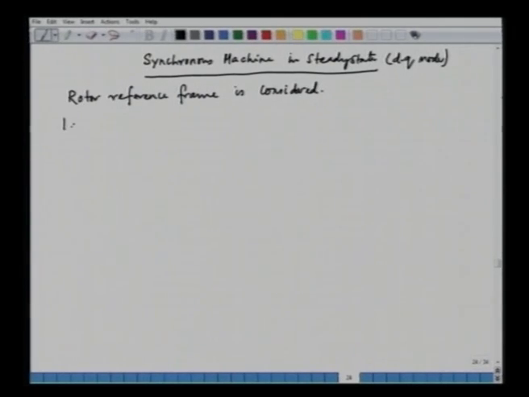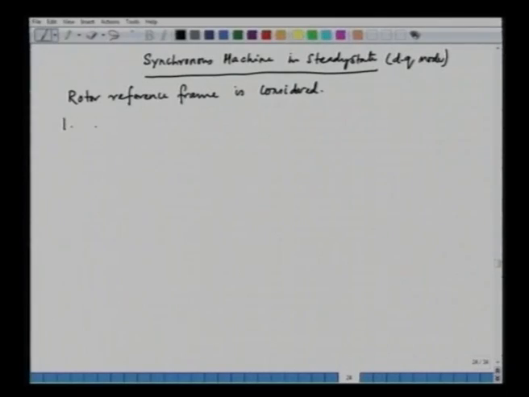So, what is the meaning of steady state? By steady state we mean the current amplitudes are constant. It means IA, IB, IC are constant, and the current phase angle is also constant. So, we can say that the current amplitude and phase angle are constant,